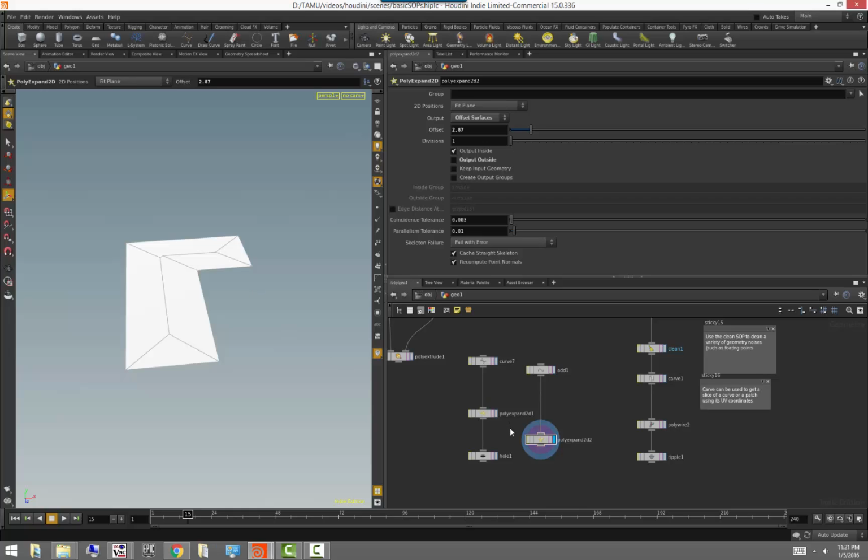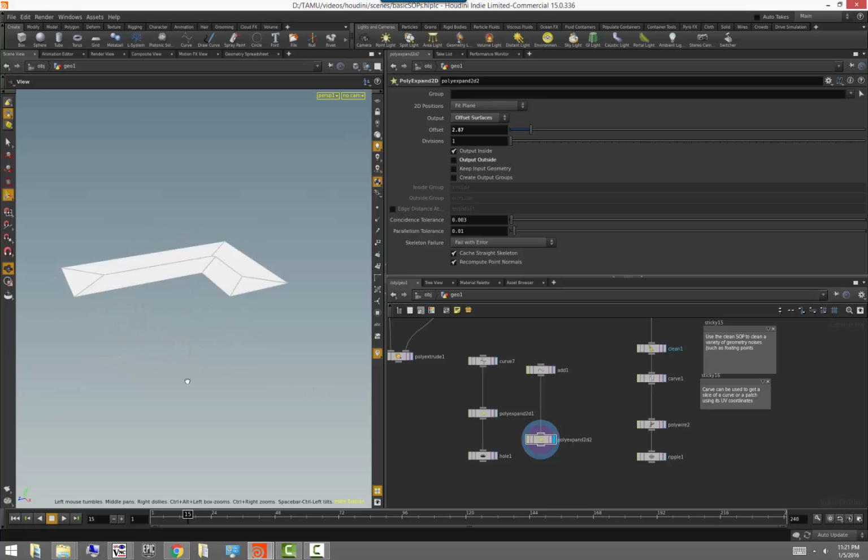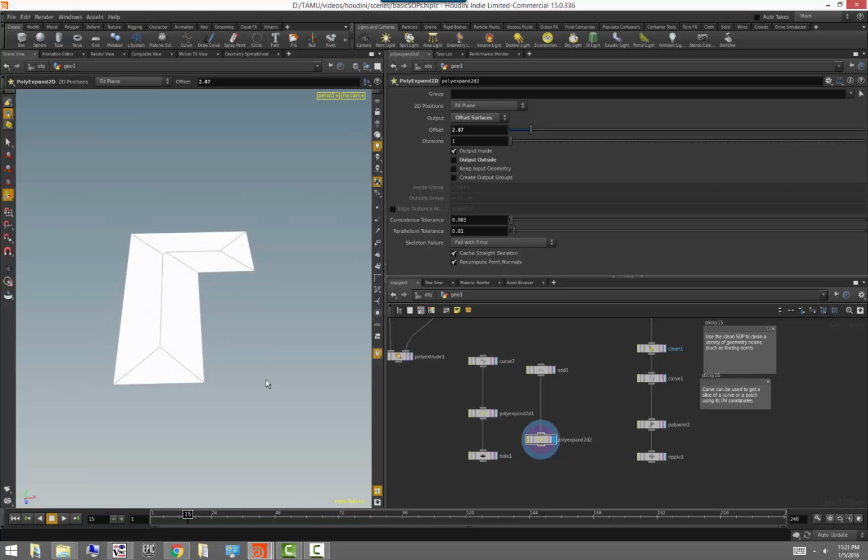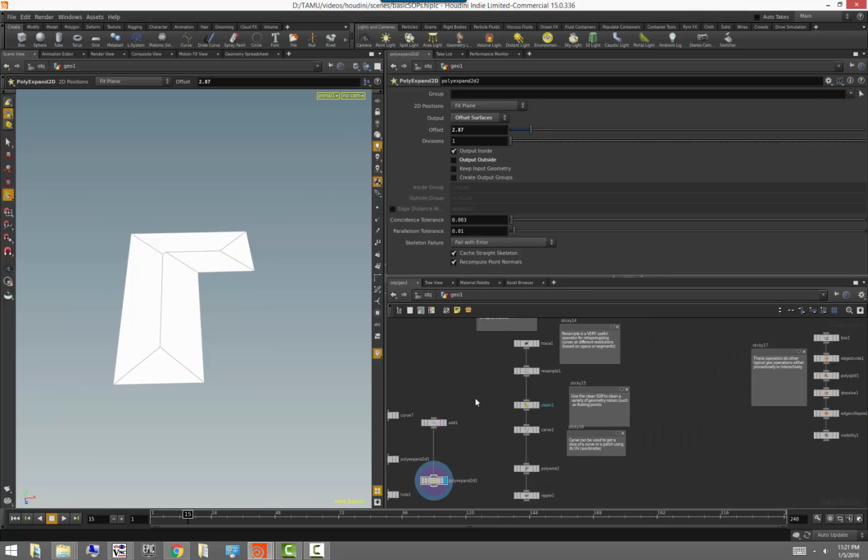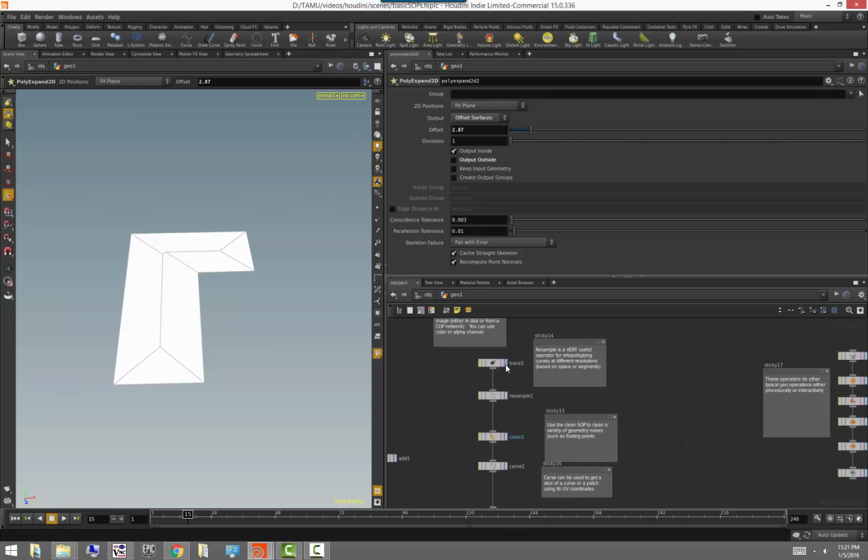Okay, so very, very useful operator. It's a great addition to the family of operators in Houdini 15. And I highly recommend you experimenting with it. Okay, another very useful and unique operator of Houdini